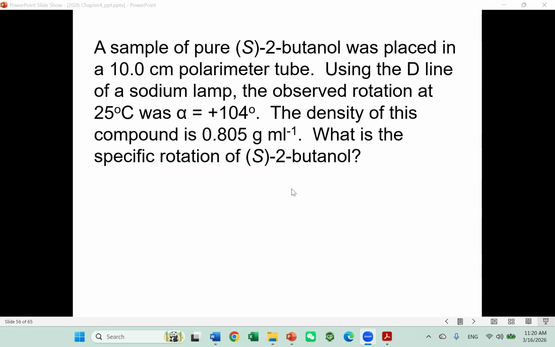The first one is a sample of pure 2-butanol in a 10 centimeter sample tube, using the D line of a sodium lamp. It asks what the observed rotation is, at a certain degree, 104, and the density of this pure liquid is 0.805 gram per mL. What is the specific rotation for this liquid? So for this question